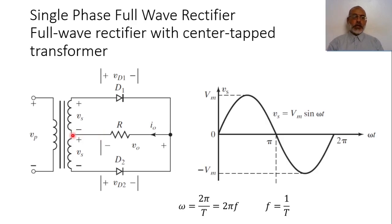Now let us discuss what is the mechanism of this full wave rectifier. Assuming that the voltage of the secondary is represented as a sinusoidal wave like this, which has a peak value V maximum, Vm, multiplied by sinusoidal function sine omega t, where omega here is 2 pi over T, and T is the period of the cycle, and we are going to call 1 over T the frequency of this signal. So omega is actually 2 pi f,